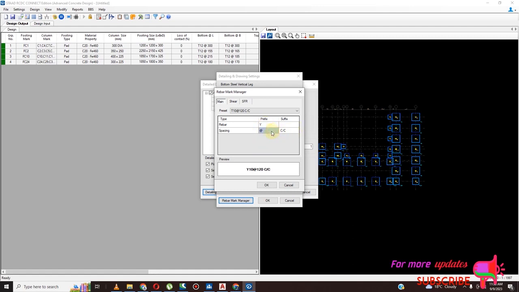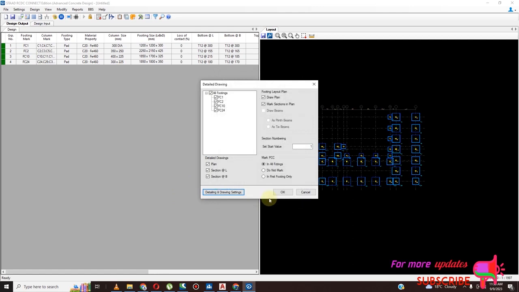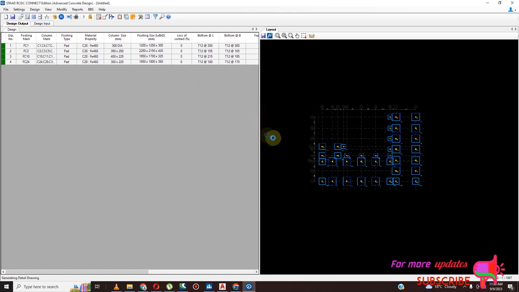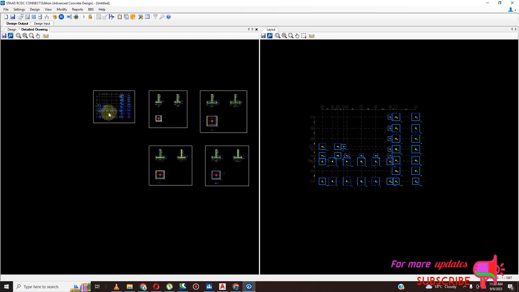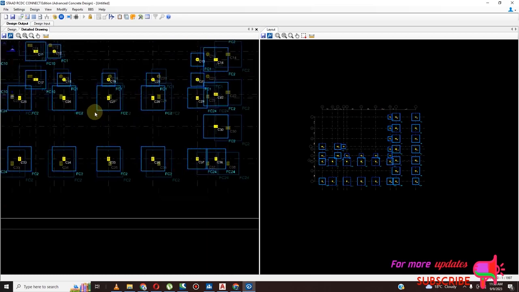Spacing I prefer to be dot, to be hashtag sharp, Y. Be Y, then but still that minus sign Y. Okay, okay, then okay. So you can see I have only 4 types of bases here. I can export this